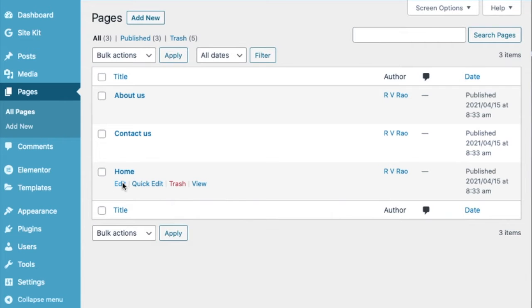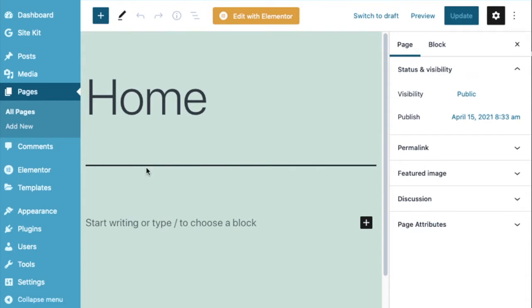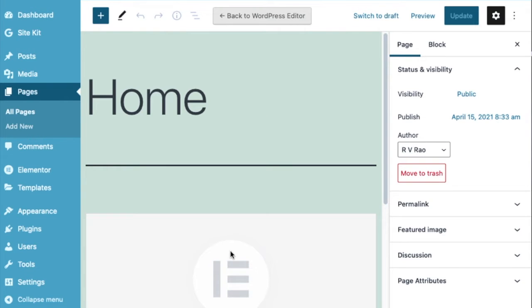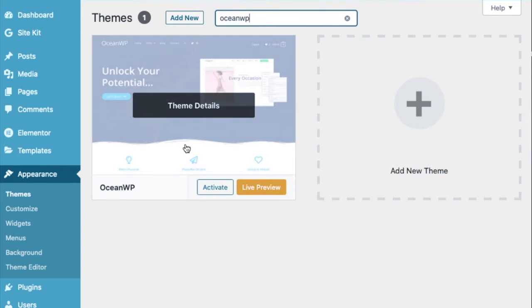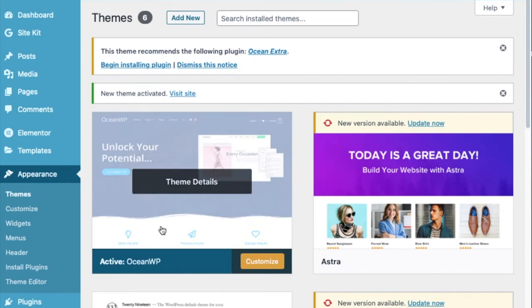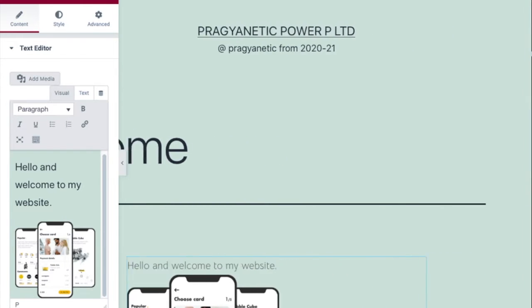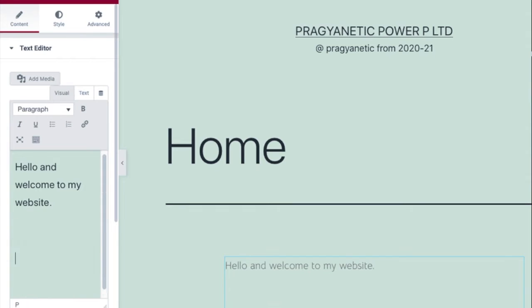Now let us get started with the home page, which will be displayed when you first go into the website. I opt for OceanWP, which suits me right. I'll just start customizing it. You'll be displayed with some themes wherein you can start editing and make your website according to your content. Now it's ready. I'm just showing some examples. A homepage is something which describes you and attracts the viewer into your website.